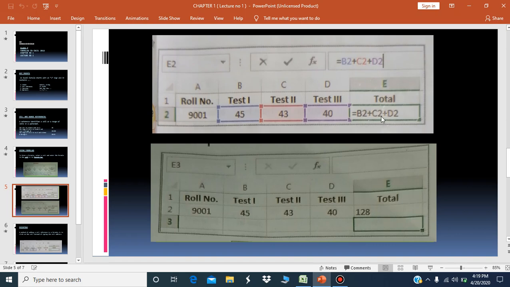You can type your formula in the specific cell or in the formula bar. It automatically appears in both places. And then by clicking on the check sign or pressing enter, you can get your result. You can see that we have found the sum of these three tests, that is 128, and its cell address is E2.